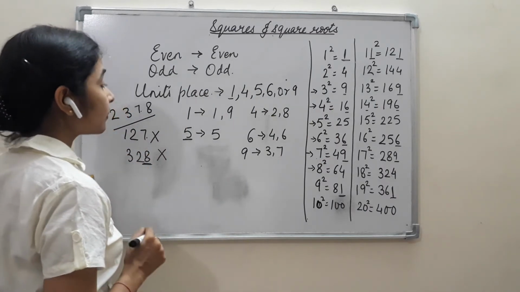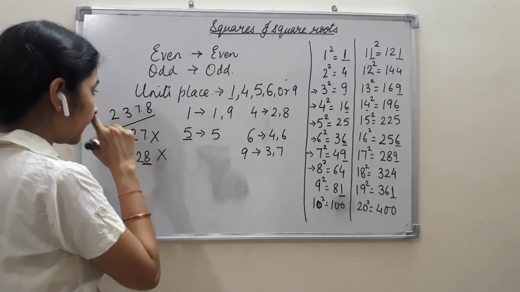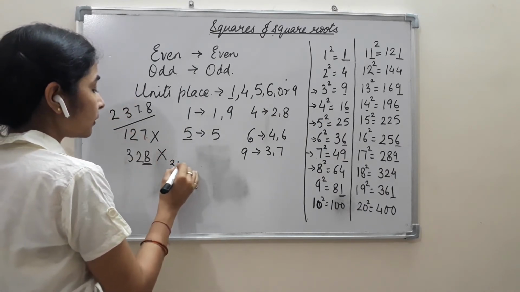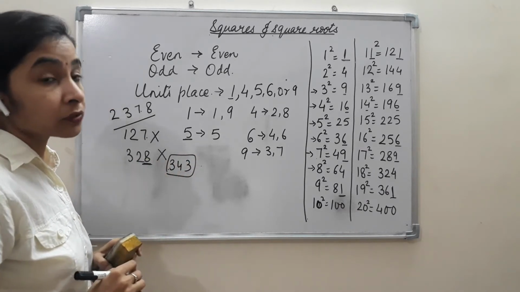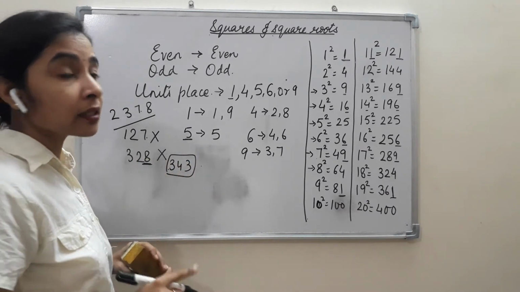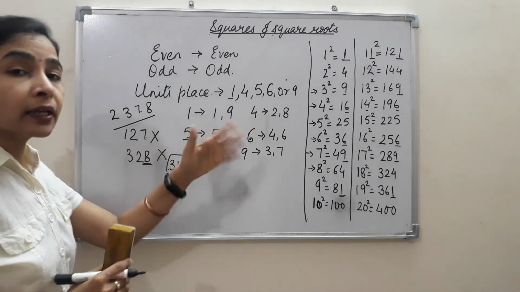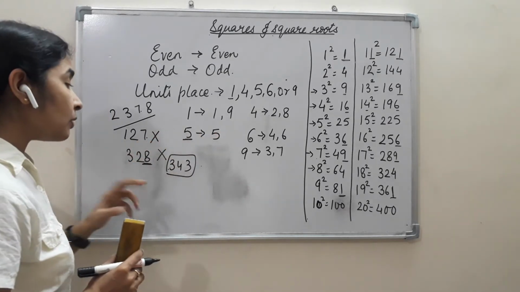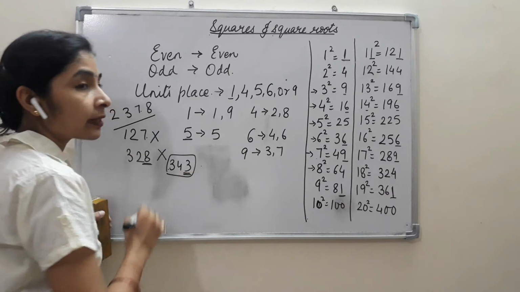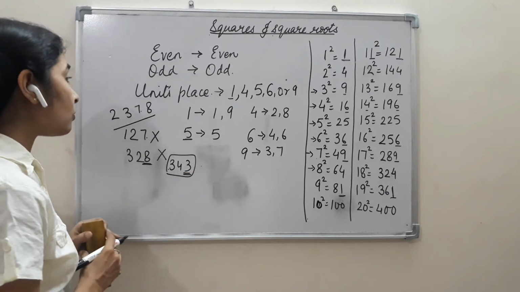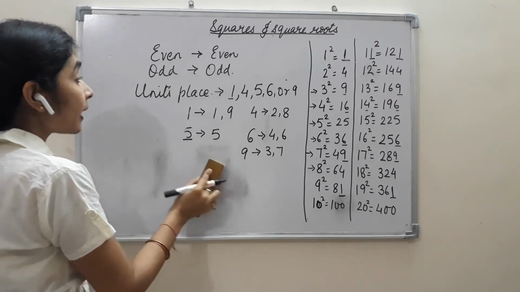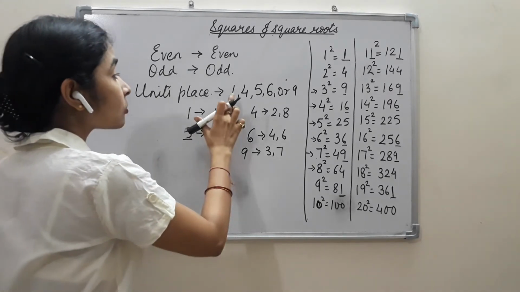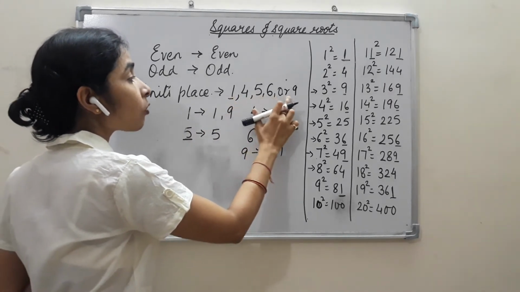Okay, so if I give you a number like 343, is it a perfect square? No, it is not a perfect square, because 3 does not come at the units place in the perfect square of any number, and here we have 3 at the units place. So it is not a perfect square. So what do we observe from this? That on the units place either there should be 1, 4, 5, 6 or 9.